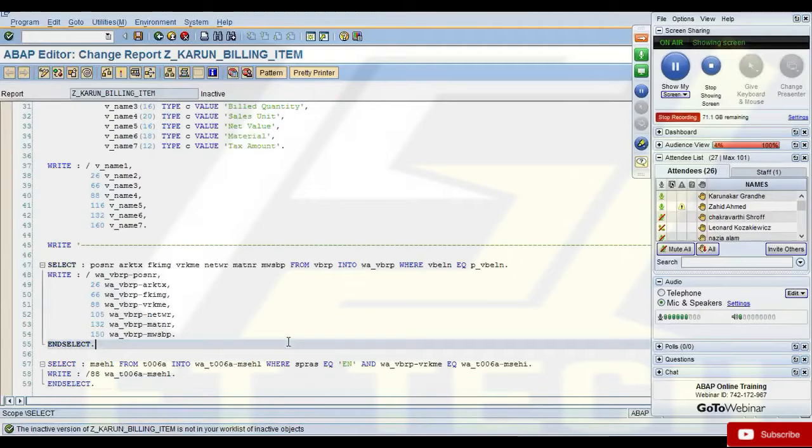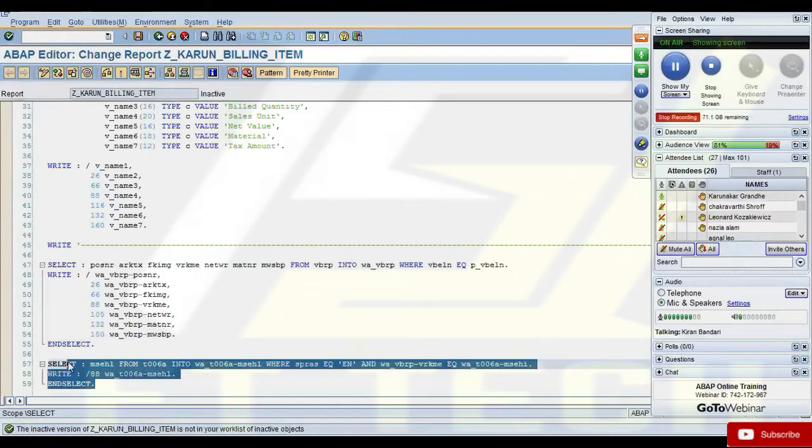So Karnakar, for your program, all you need to do is write this select within this select and select loop. So every time you get a record from the VBRP table, for that record, compare the unit of measure.